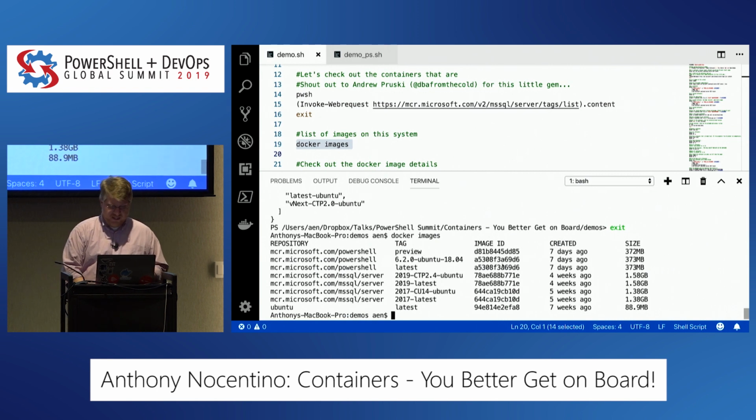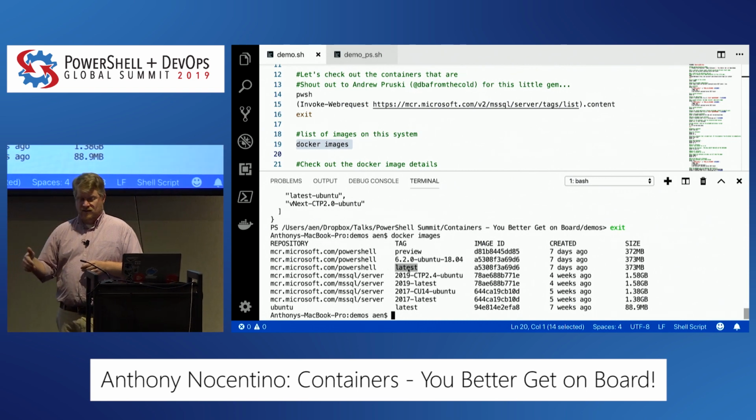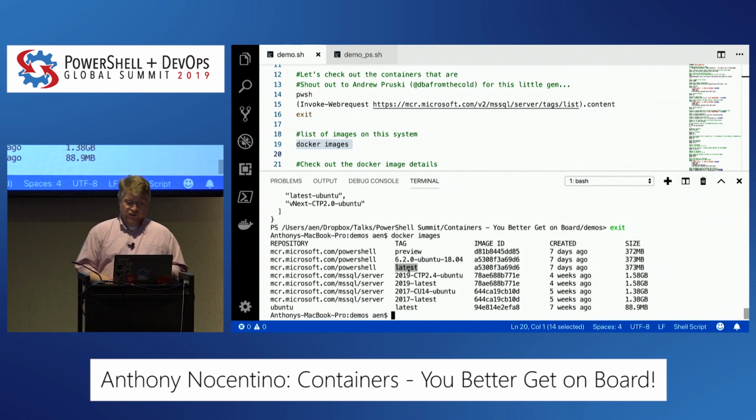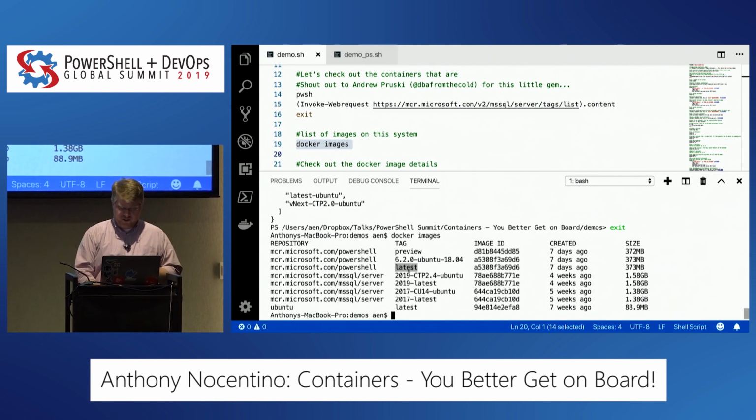But if you notice, a couple of these have the same IDs. These are the same images. One of which is, let's go with this one, the PowerShell one, is on 6.2 Ubuntu 18.04 and latest. So that is the latest version that's available or tagged with latest by the team. And they maintain that and update it with the latest one. So that's the exact same image from a binary standpoint on my machine. Same applies for